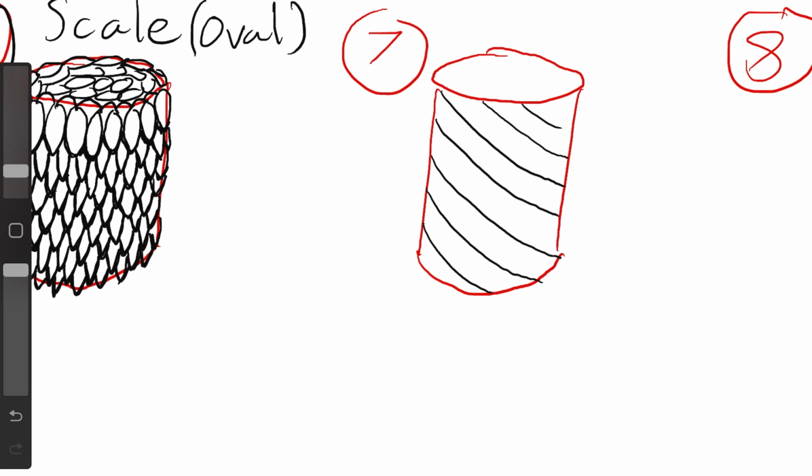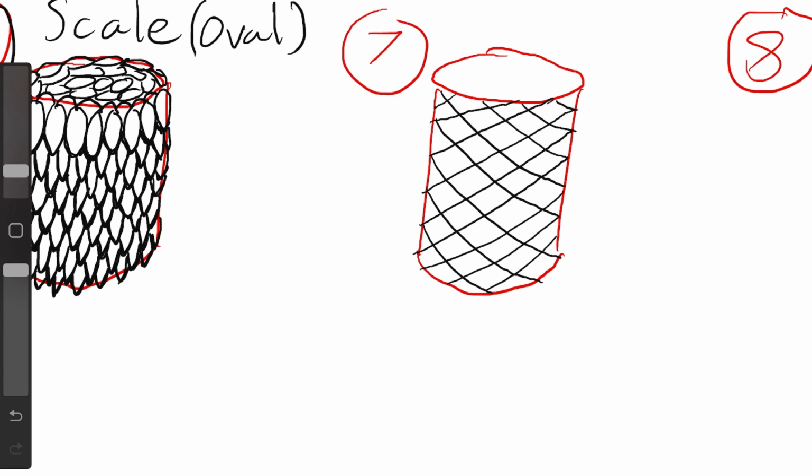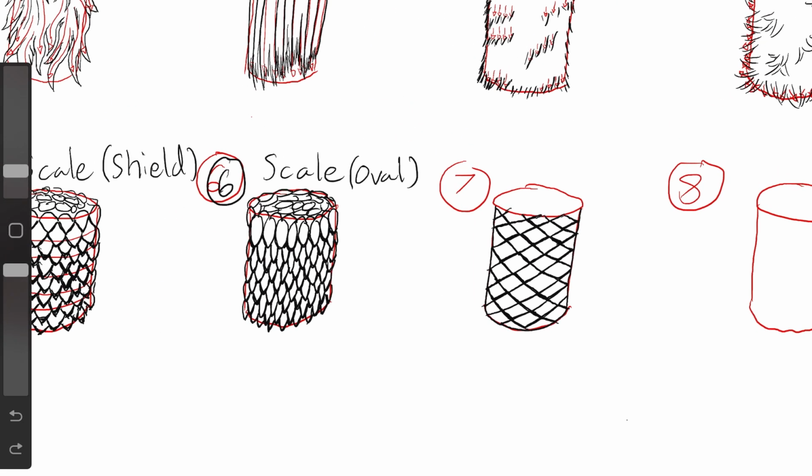And I think that any creature can look scary if you approach it correctly with tones, but let's face it, some textures just seem scarier than others. And that just loops back to what I was saying before, that scales and kind of reptile-like skin just seems scarier. I think I'd be more scared of a scaly reptile-like creature than a creature that looks like a Furby or a little fur. But even those can look scary if done correctly. But my case in point is that scaly creatures equals scarier monsters